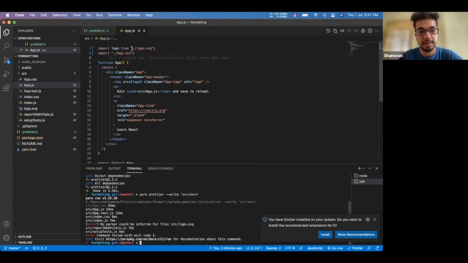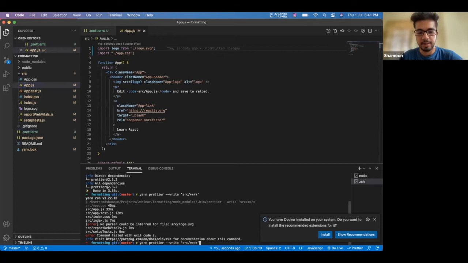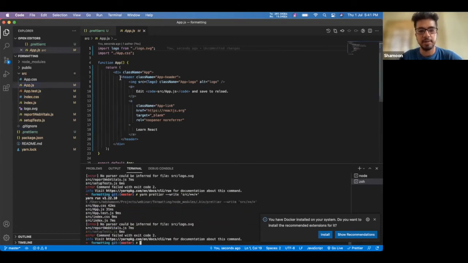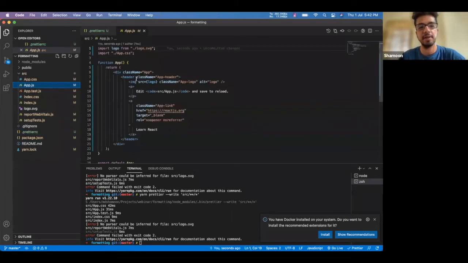And as you can see, it was single quote earlier, and it changed the global files to all double quotes. Also, I've given the tab width of 2, now I'll give it a tab width of 4, and you will see the tab width increase. So as you can see, the global tab width of this project is increased. So before any commit or something, we'll use the same configuration over every file, so we can have consistency in the project overall.